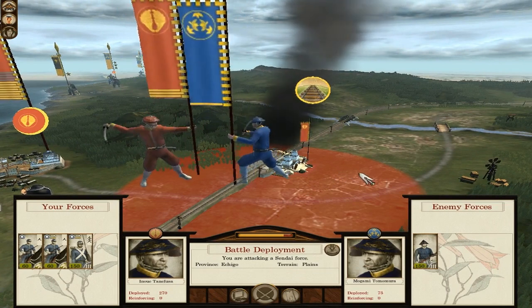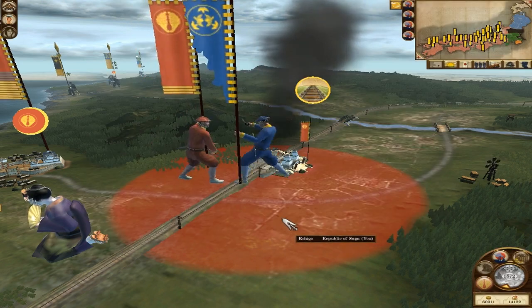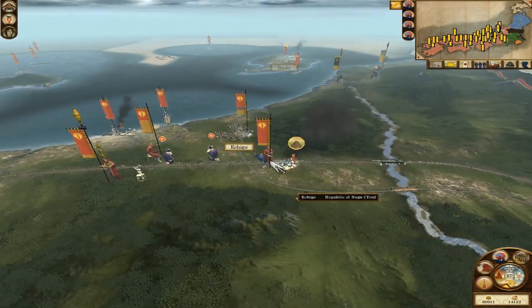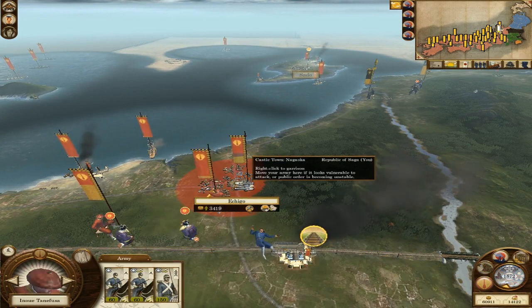If we pick up any casualties, I can always replenish them afterwards, can't I? No, no casualties at all. And he's wiped out. That's good. So I can repair the railway station. Right, well, I don't know where that army suddenly appeared from, and I don't know if there's another one on its way, but...